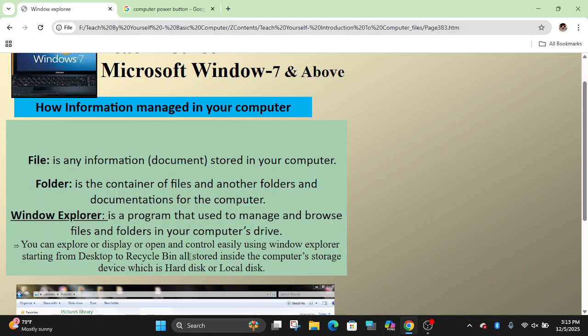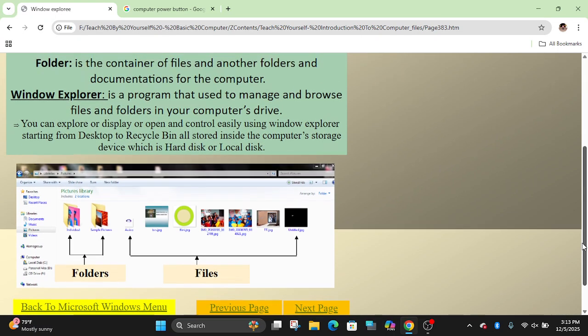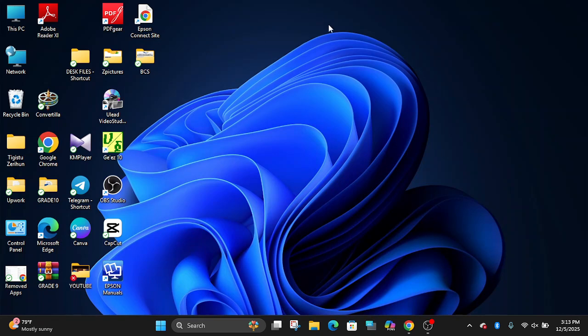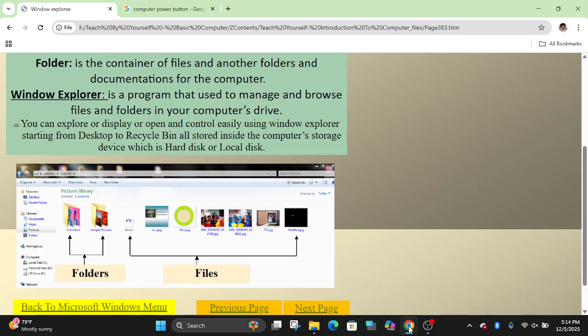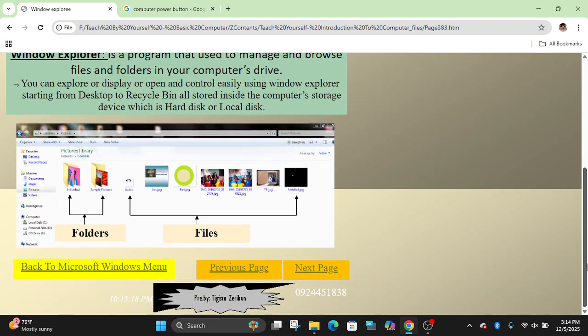Everything is displayed on this program. Everything that is stored inside the computer system, starting from the desktop. Even the desktop is a region found at the front of the Windows environment, a directory region. It is a container. Windows Explorer shows us it is a container. When we use Windows Explorer, the desktop is shown on the navigation bar as one directory, container or folder. Therefore, it is advisable to use this File Explorer program.